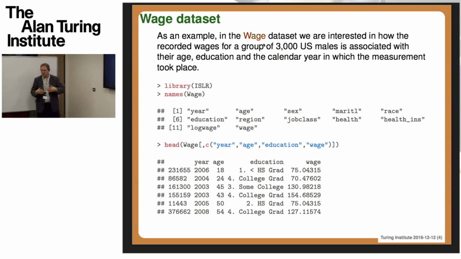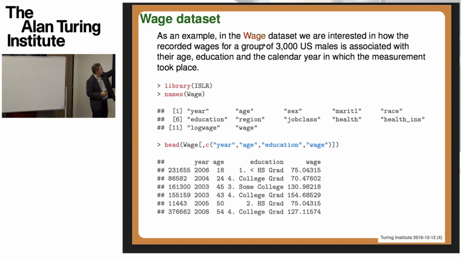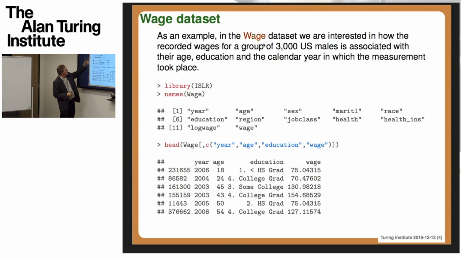If you haven't already got that package, you have to download it from the CRAN archive of packages, of which there are many thousands now. But once you've initiated that library in your session, it makes available to you a set of additional R objects, which can be functions or data. For example, for the Wage object, if we look at the names associated with that object, they're listed here with the names command. So the Wage object has a number of variables associated with it, which link in with this idea of a wage.